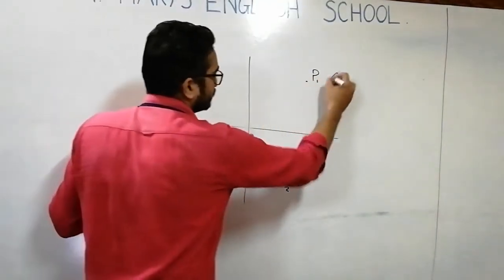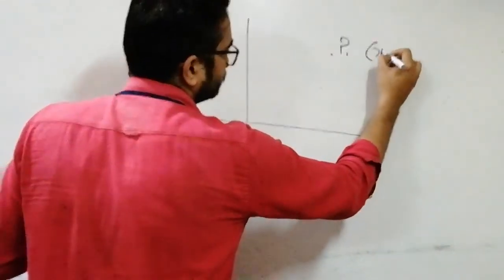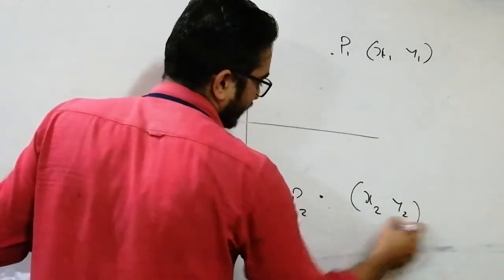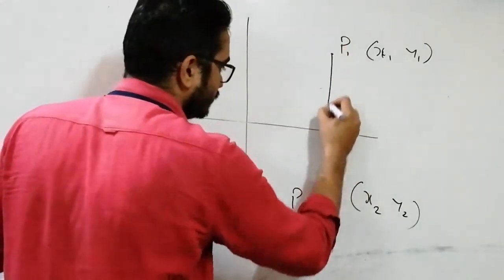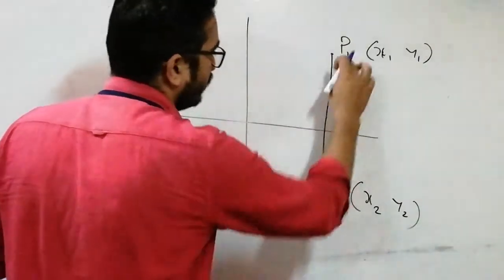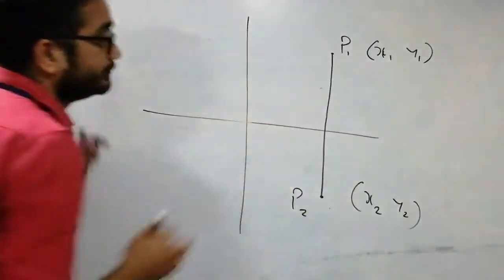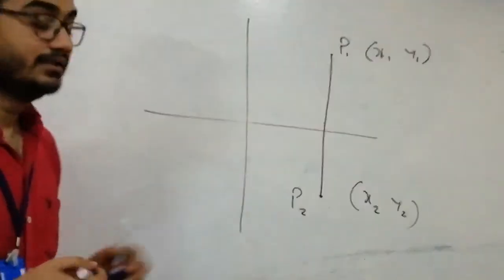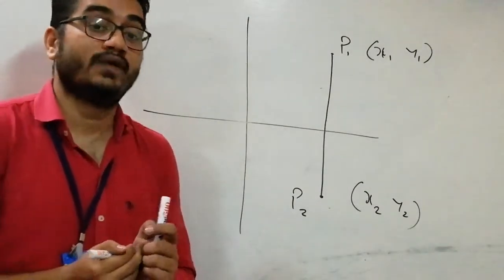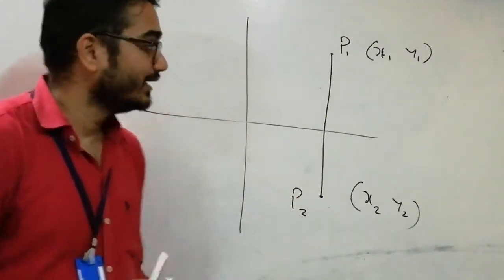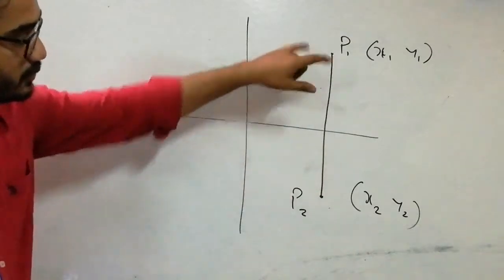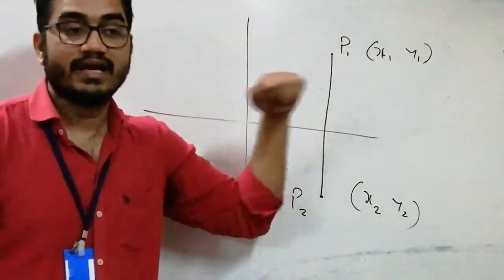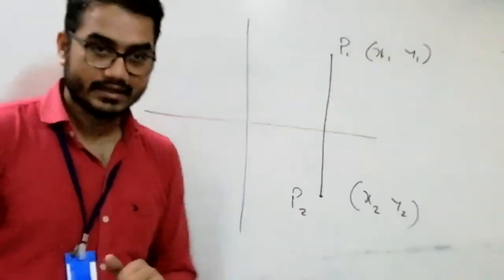Now this has a coordinate x1, y1 and this has a coordinate x2, y2. And I want to know what is the distance from here to here with the help of coordinates. That is what we are going to learn from this chapter, how to find the distance between two different points. We are just knowing their coordinates, just knowing their address, where they are located right now.